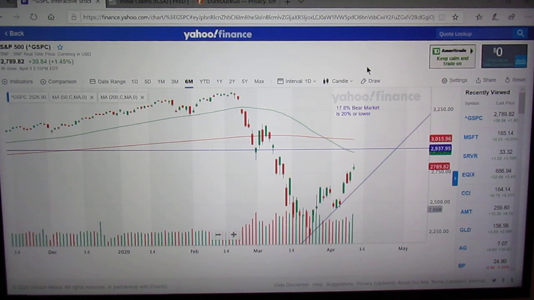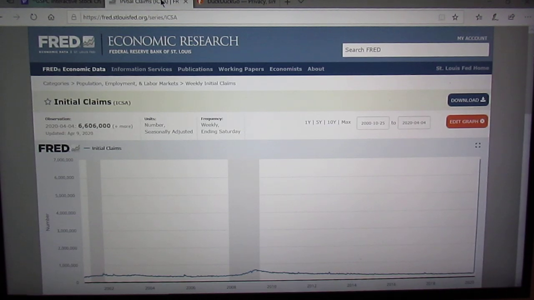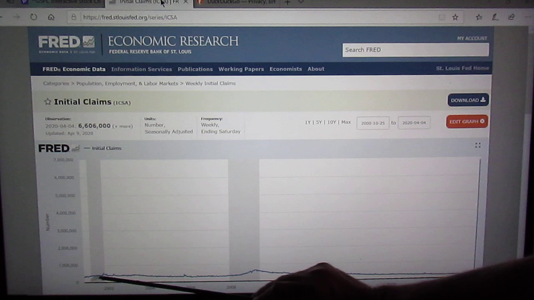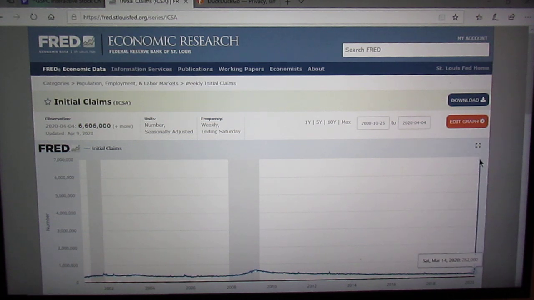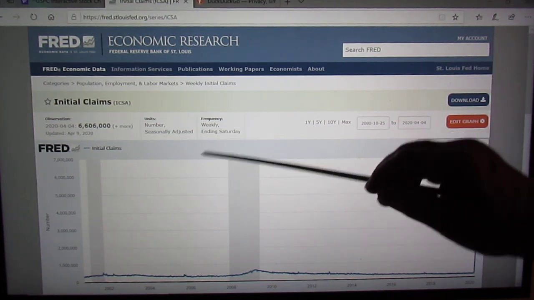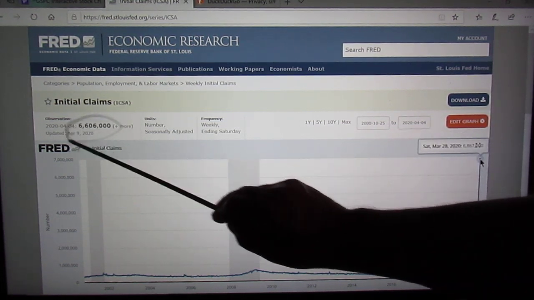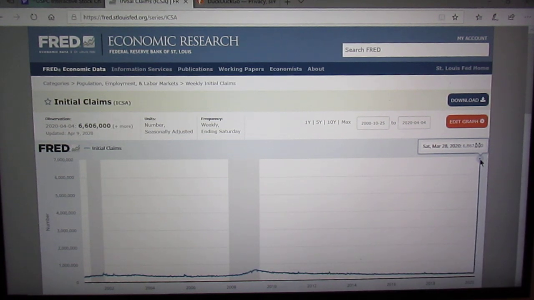Well, we've got massive claims in unemployment. We're going to look at the Fed here just for a moment. Here's another chart. We can see this is our trend. Speaking of trends, this is unemployment claims, initial claims. And then right over here, present, in today's time, if we move our cursor over here, wham! See that? 6,867,000. Over here we see 6,606,000 unemployment claims. So we go hyperbolic, straight up vertical, wham,